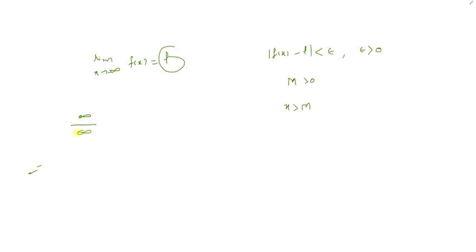Infinity by infinity. As you have seen, if we have a function of the form 0 by 0, then we have to apply various methods to reduce the given function to a standard form by which we can evaluate its limit, isn't it? And various methods we have learned: the method of substitution, factorization, rationalization, then limit x tends to 0 of sin x by x is equal to 1, that is the power function.